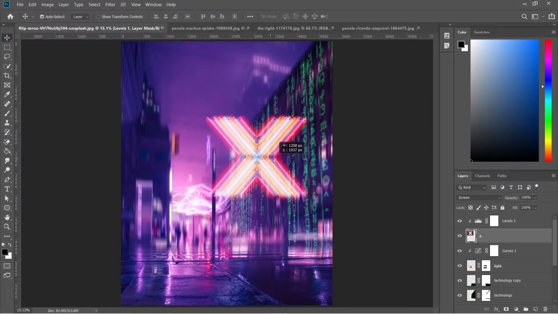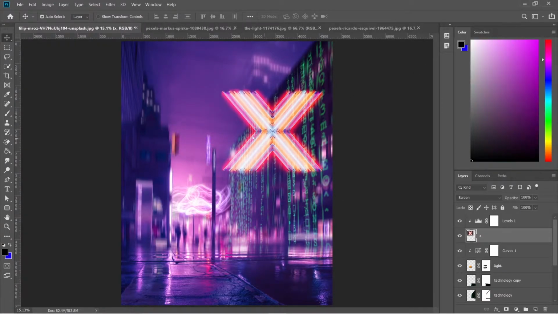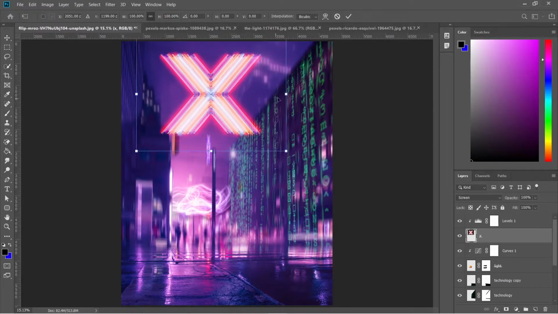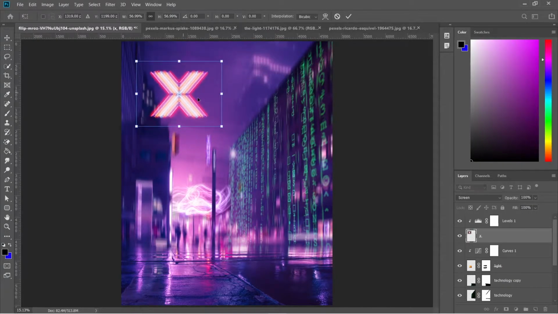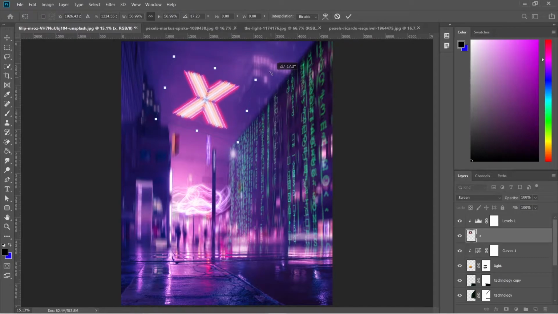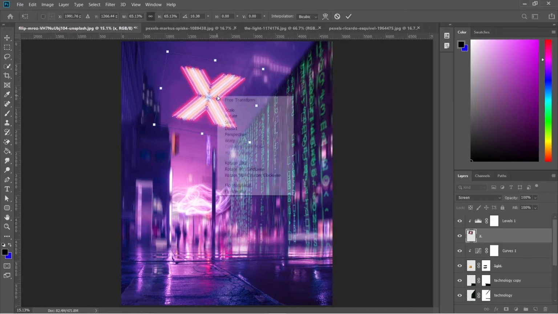Now let's place this on the black strip which is visible. Decrease the size, rotate it. Also use distort.